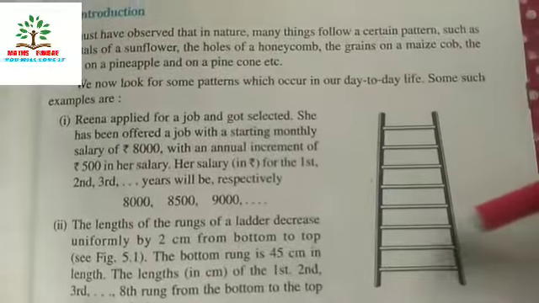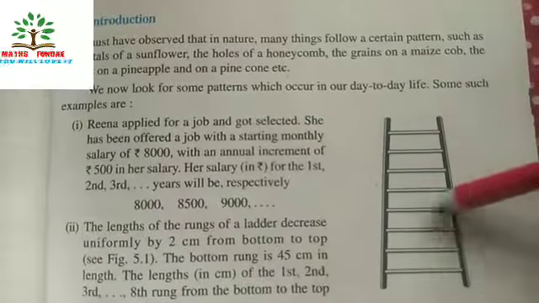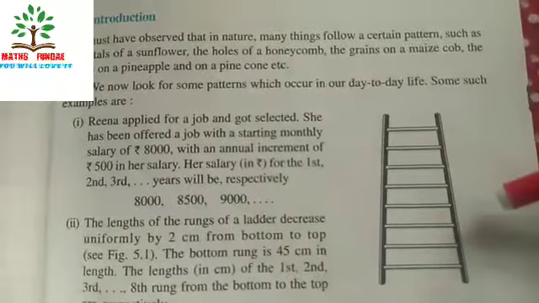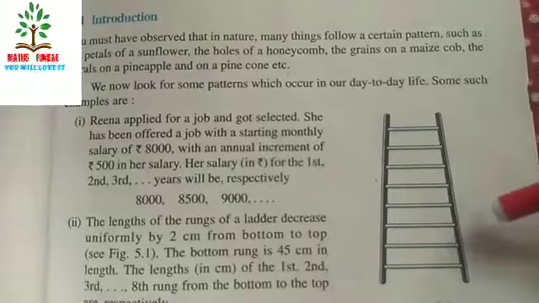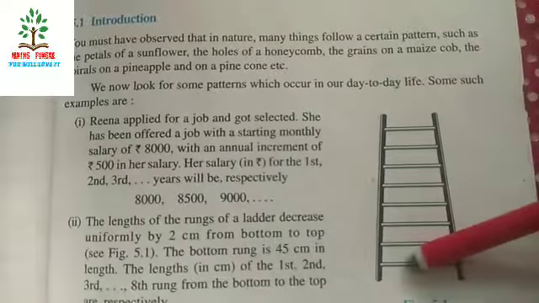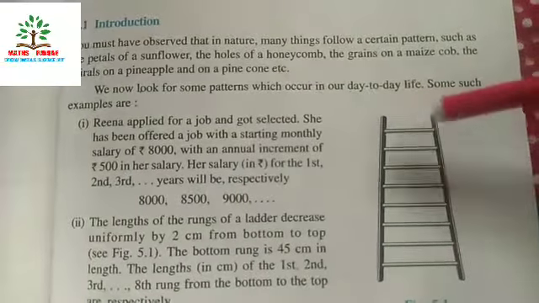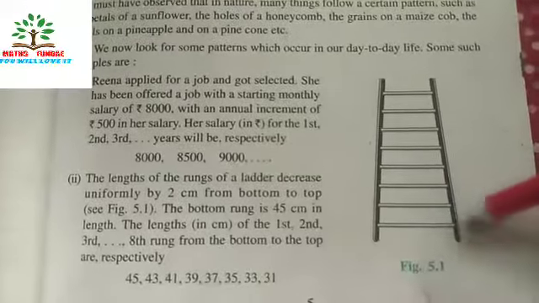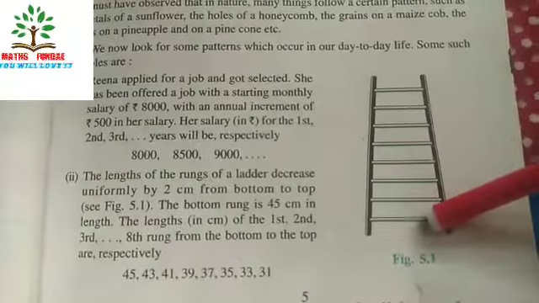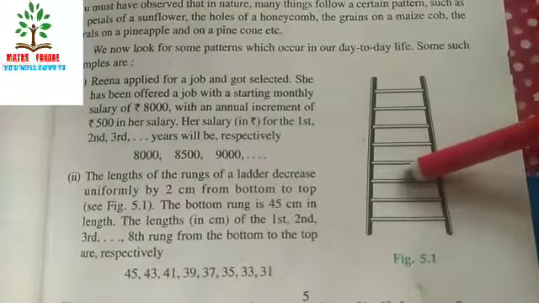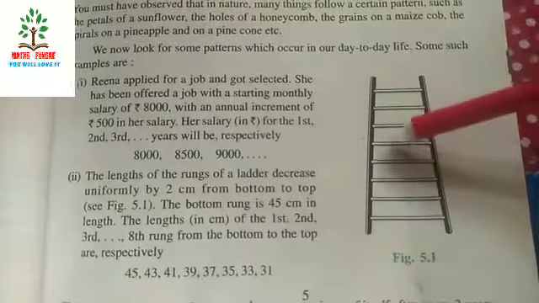Likewise, we can see the lengths of the rungs, these are called the rungs. These are decreasing by 2 centimeters from the bottom to the top. So this is of the maximum length and this is of the minimum length. The length of the bottom one is 45, then 43, then 41, 39, 37, 35,